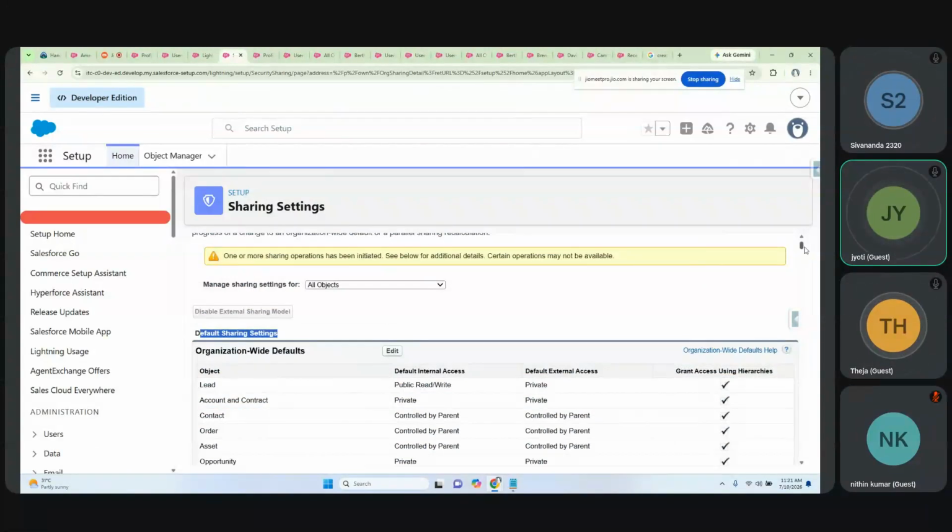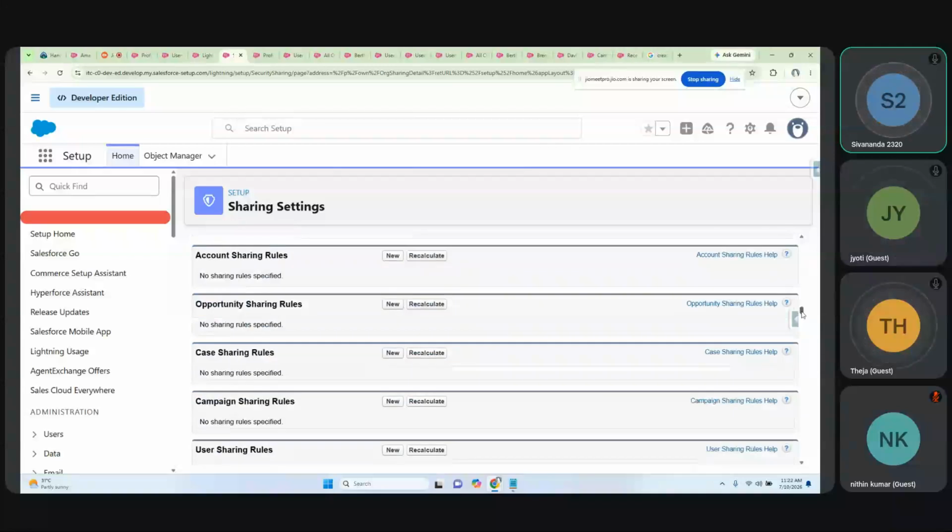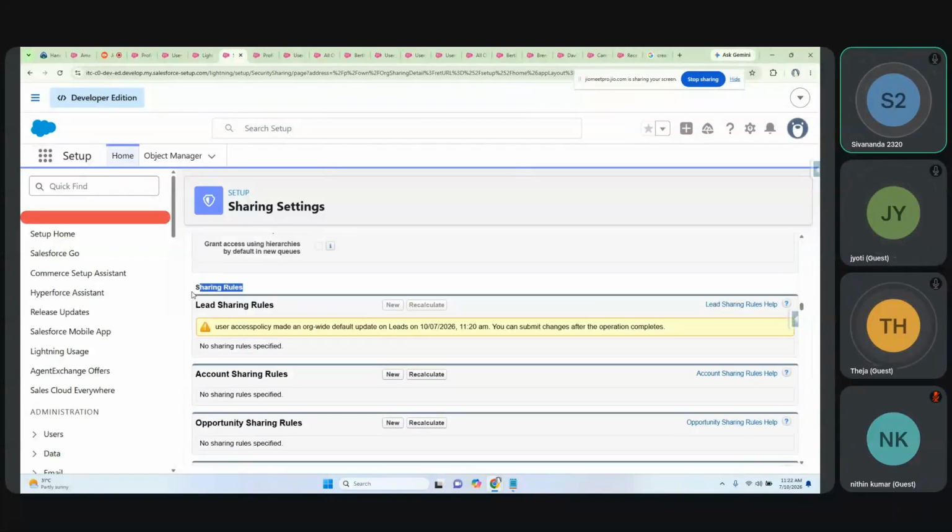I want to extend this class, but if I extend this class, it will be clumsy. You may feel confused. I will stop it here. In the next class, we will go ahead and discuss the sharing rules. There are two types of sharing rules called ownership based and criteria based. When we need to go for the sharing rules, we will discuss later. So as of now, we need to focus